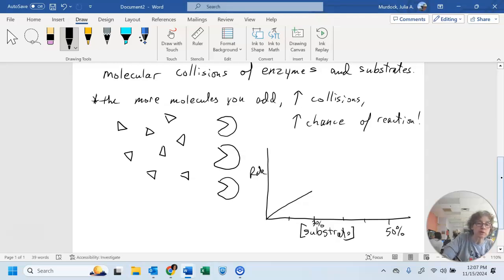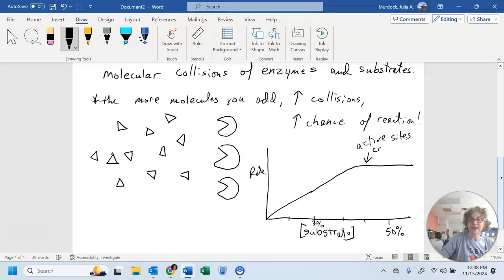If you have so much substrate over here, and still only a finite number of active sites to receive it, what's going to happen to this curve? Is it going to keep going up and up and up? It's going to plateau at some point. There's going to be a point where the active sites get saturated. Okay? So active sites can get saturated,